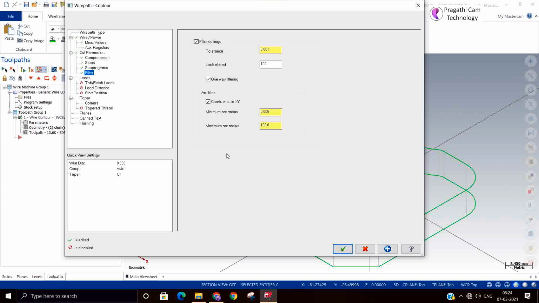Look ahead 100 entities: read the 100 entities in front, and see whether you can convert these 100 entities into G02 or G03, so the arc will fit the points. By converting these lines into arcs, you will get a very good surface finish compared to cutting with G01.